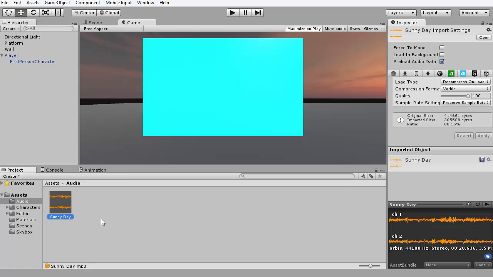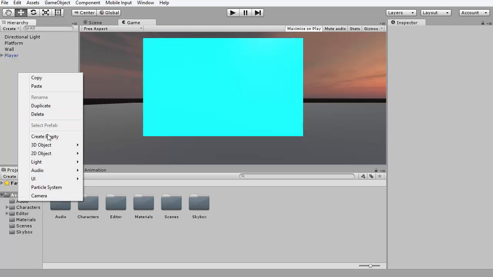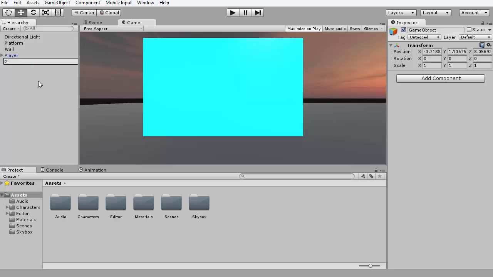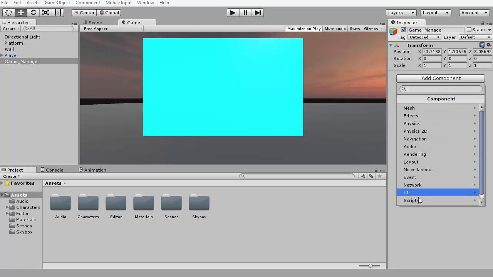And now we have the audio, but it still won't play in the game, so we have to create an empty object, and we're just going to name this game_manager. This will manage the whole entire game. So this is where all the scripting for the game and all the music is going to go. So we're going to go back here,